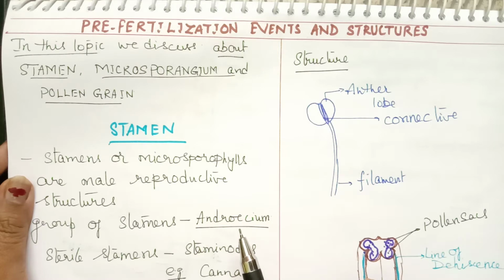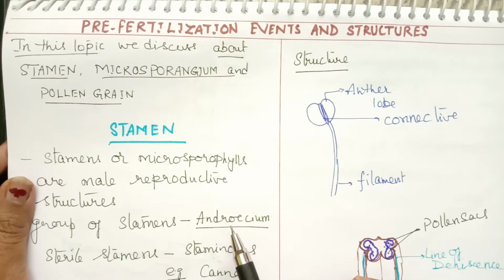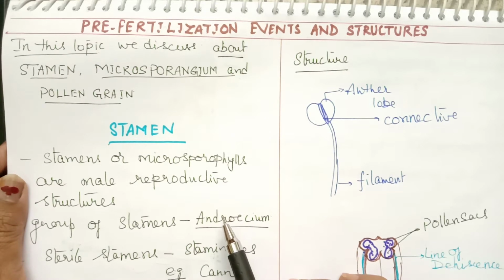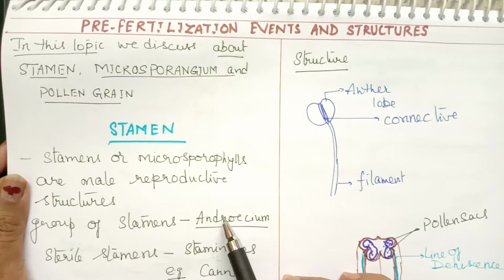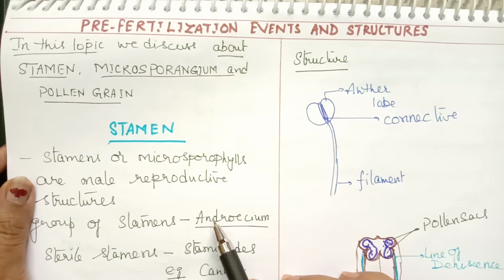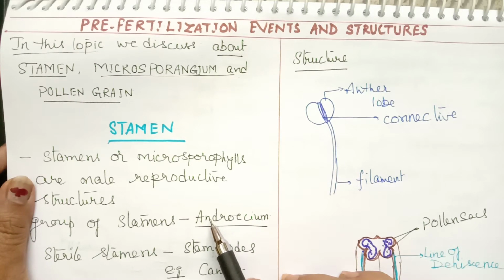And in my next video, I'll discuss microsporogenesis, formation of pollen grains, structure of pollen grain, and development of male gametophyte. You know, pollen grain is called a male gametophyte. So, development of male gametophyte, and about the pollen grains. What are the uses of pollen grains or any harmful effects? So, this we will divide into two videos.